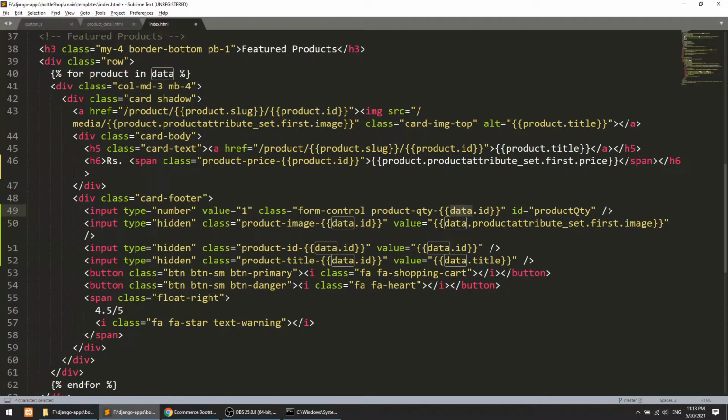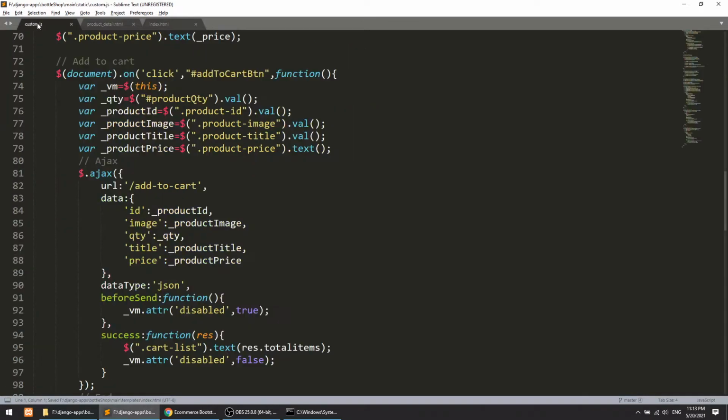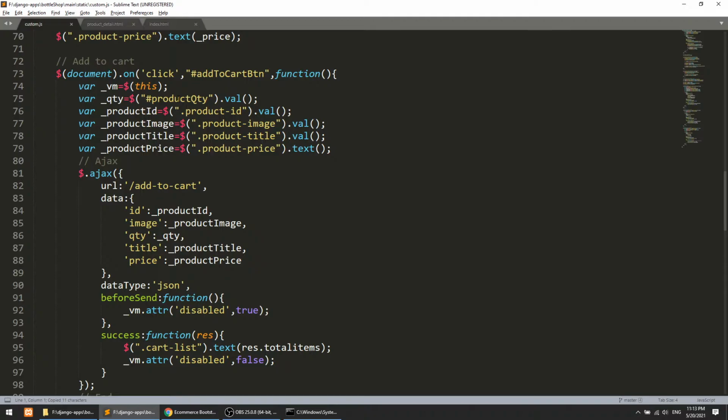This is product. Now we need the product quantity. Where is the product quantity? Here, product quantity.